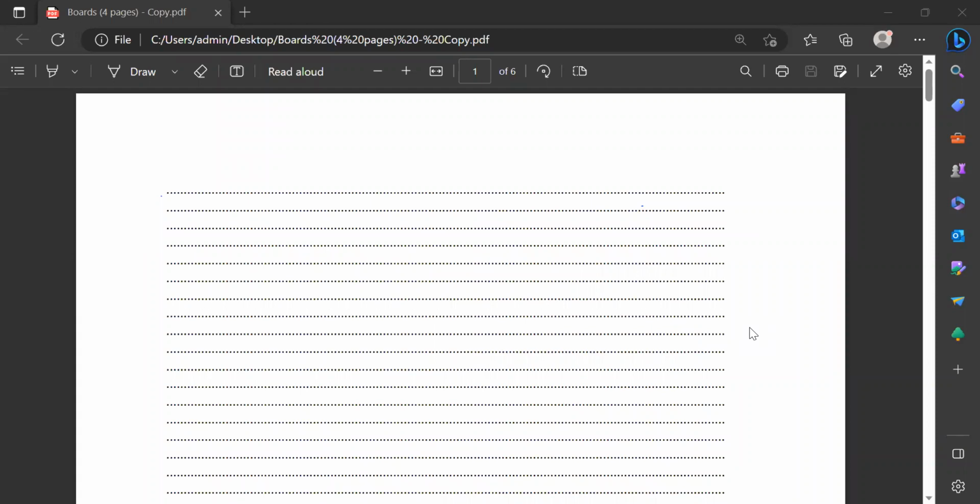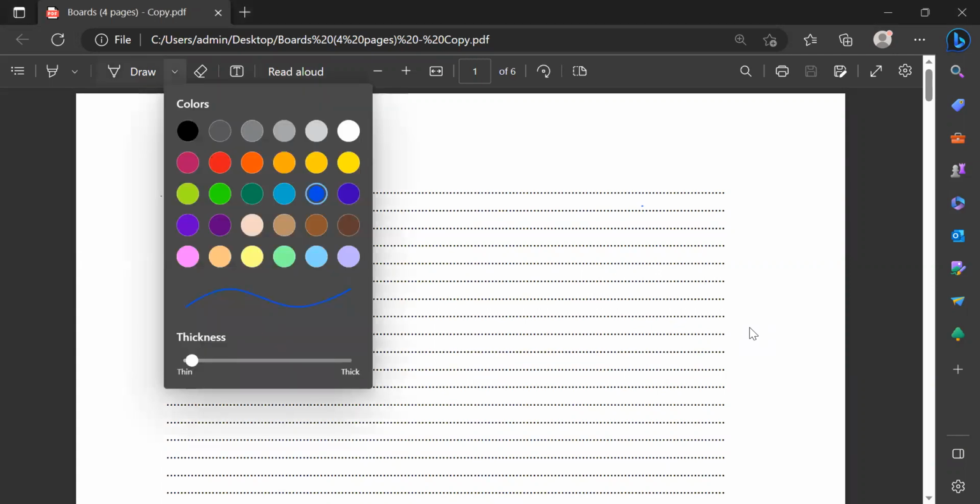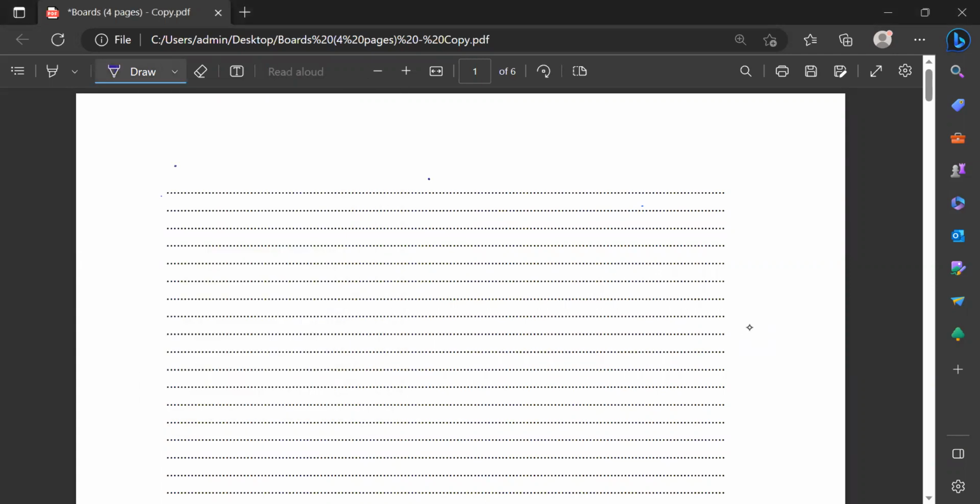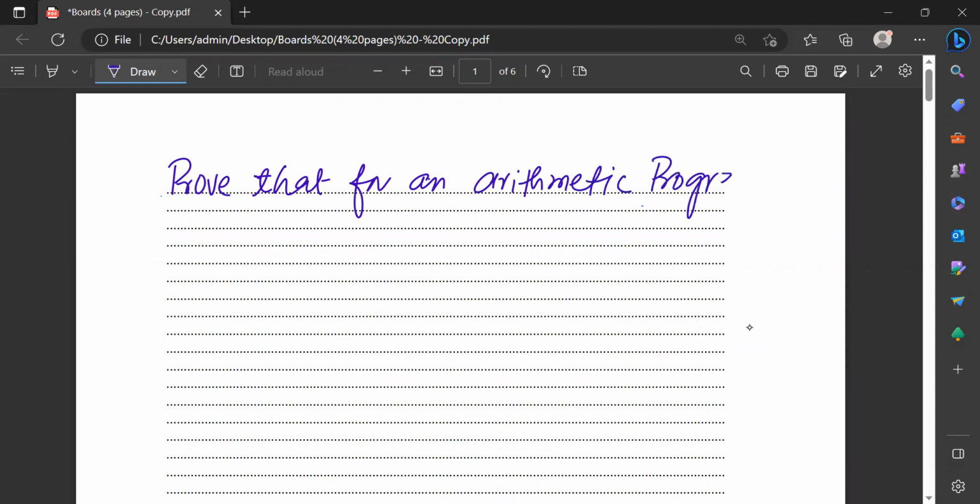Today, we'll do the proof of the sum of n terms of an arithmetic progression. Prove that for an arithmetic progression,